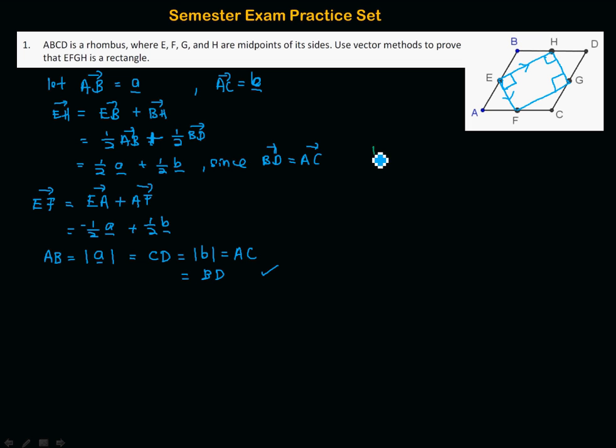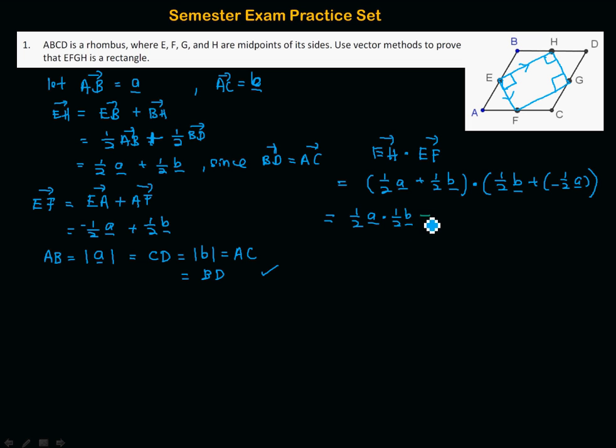So let's start with EH dot EF, and this is in fact half a plus half b dot, I'm going to re-express this differently, so I'm going to write it as half b plus negative half a. It doesn't really matter if you don't do that. So this becomes half a dot half b. You recall that there's this property that you may use. It's as if you are expanding it normally,